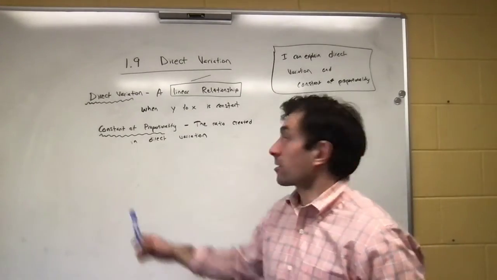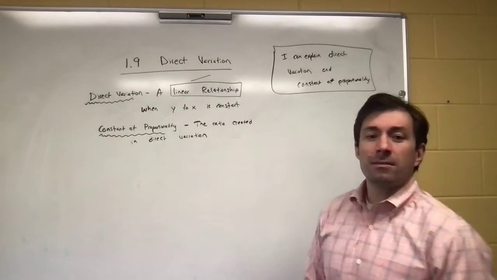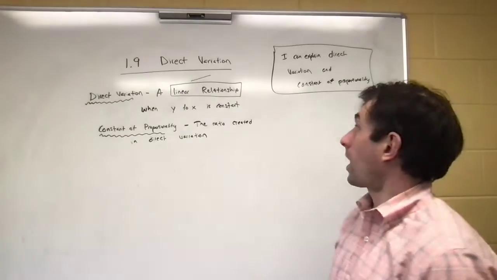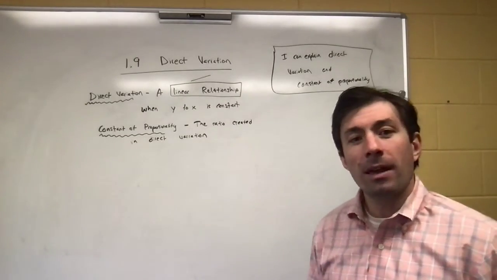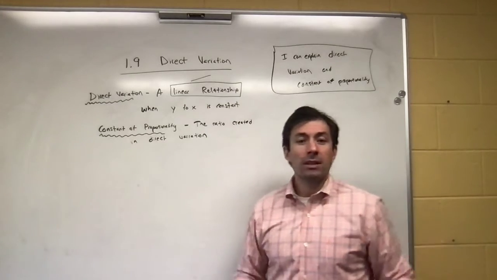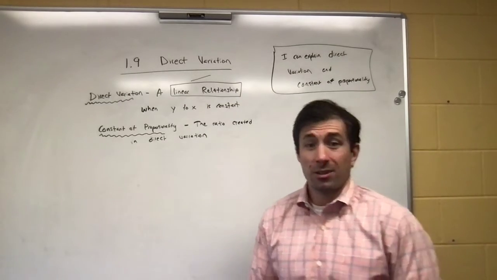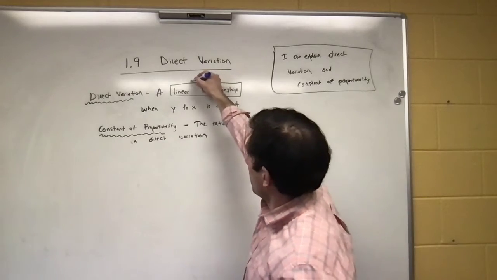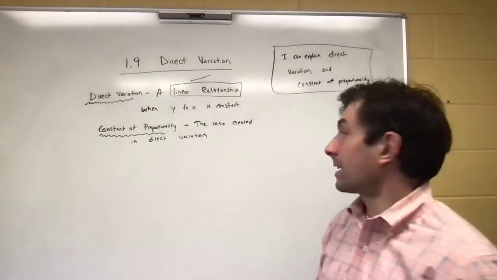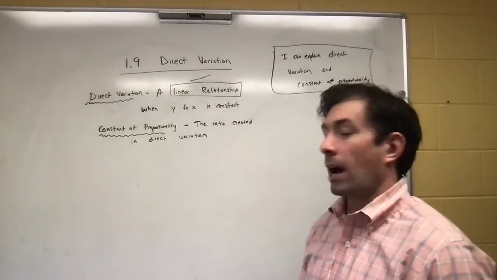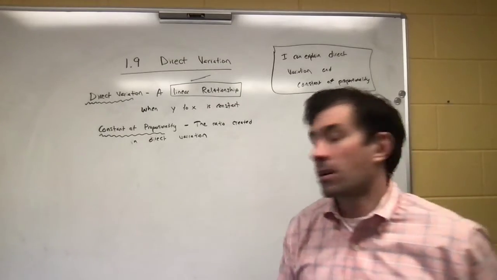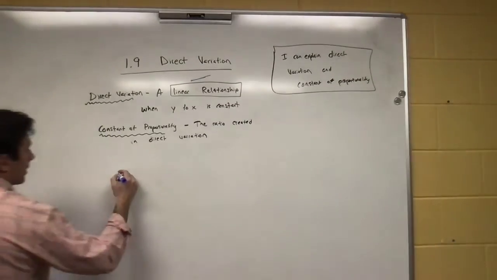So the first term we have is this term called direct variation. What direct variation is, it's a linear relationship where x to y is a constant. So what do we mean by that? Well, let's take a look. A linear relationship just means a straight line. So we talk about a line just like this one here that's nice and straight, where x to y is constant. So the idea is when we compare x to y, what we get there is really kind of our two elements that we talk about. So direct variation